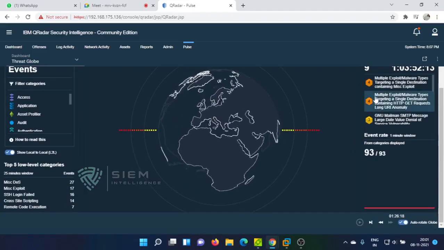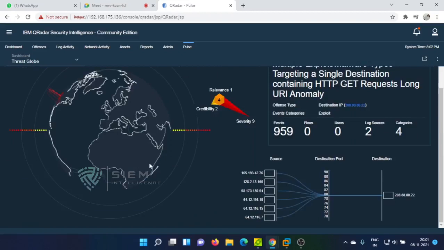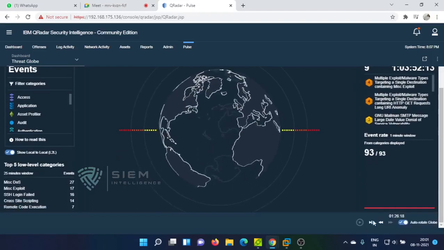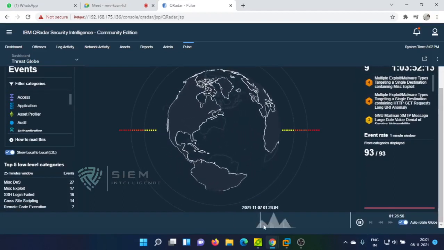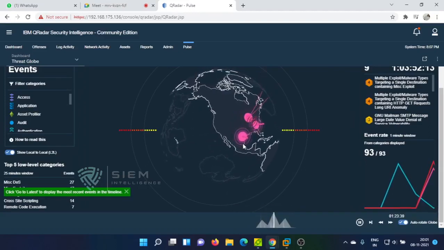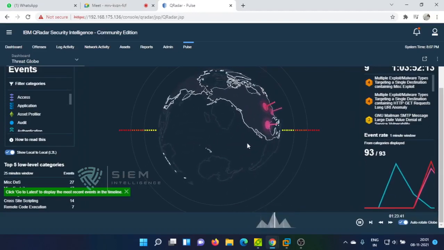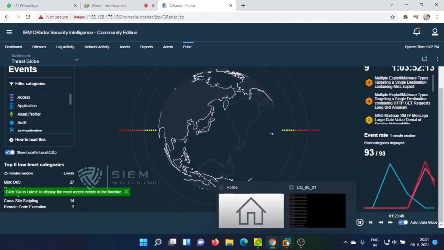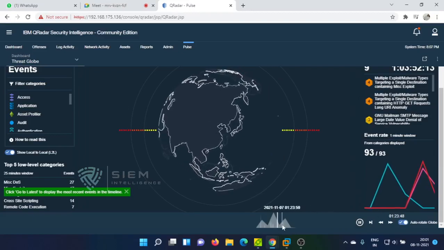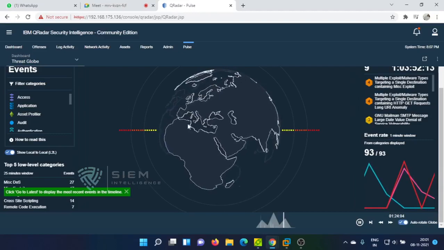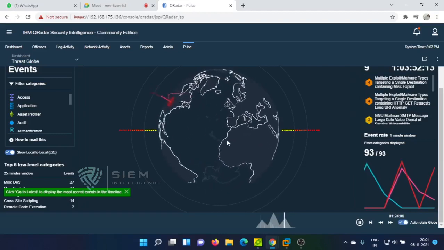Yeah, it is getting some data, but I need to wait for some time for this to run. Yeah, see, there is some activity happening. Are you able to see now? Yes, sir. So once it is there, you can bring it back again. See, the entire activity is happening.